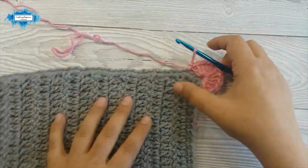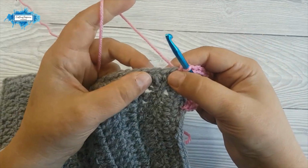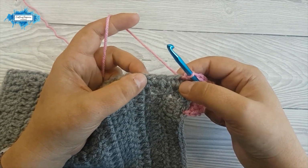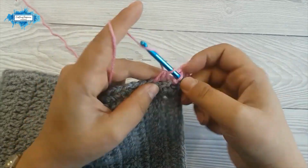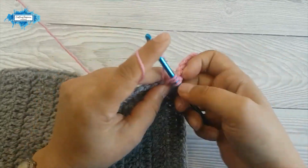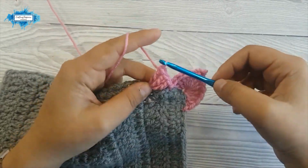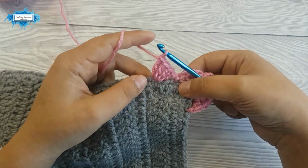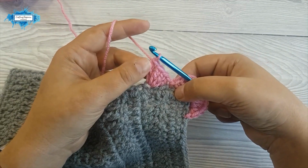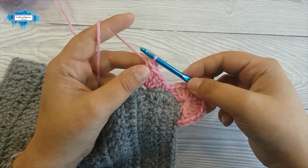Now to continue along this edge, we skip 2, and in the 3rd one we make 4 double crochet. That's 1, 2, 3 and 4. Now on top of this 4th double crochet we will make a picot stitch, and again to make a picot stitch chain 3